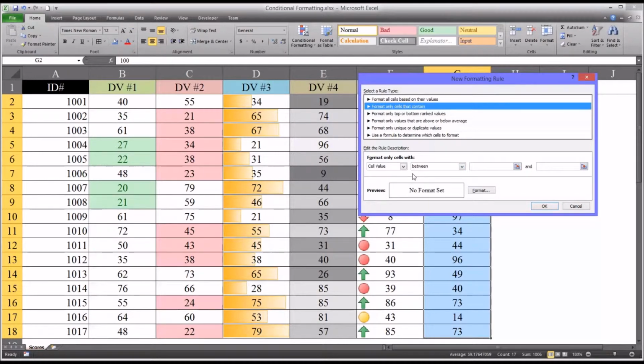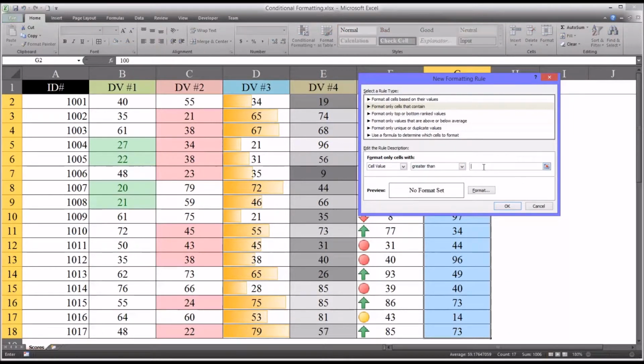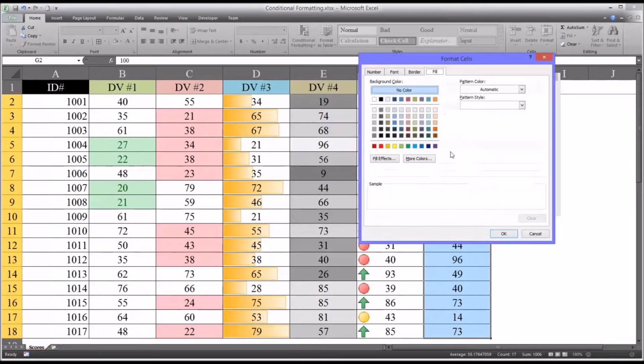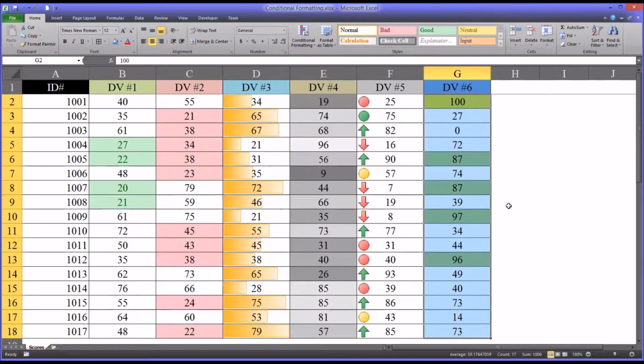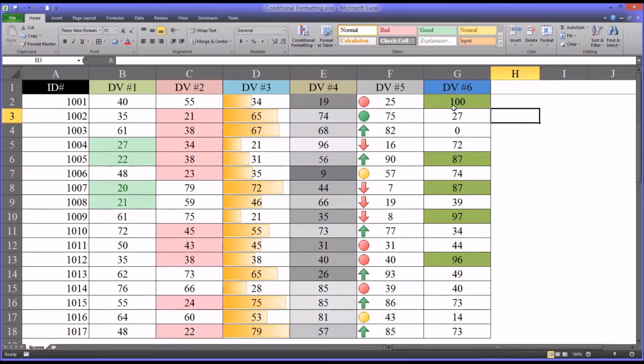So let's say we'll base this on the cell value, and we'll say if it's greater than, let's say 85, we're going to format it, and again there's a lot of different formatting options. But let's make that a green background. Hit OK,